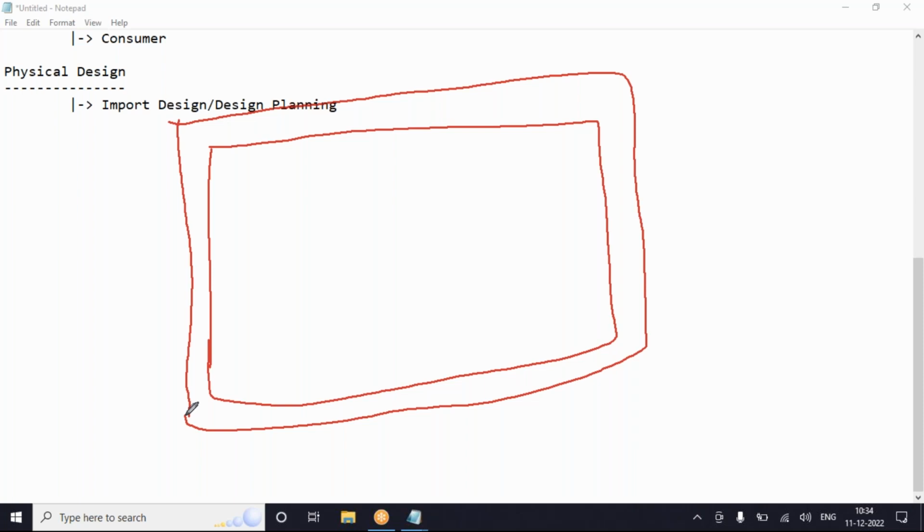Vastu we will see, right? Whenever we decide our homes, where each room needs to be placed, we will try to see. Same like that, we will try to see here as well: where the particular modules are to be placed, in which shape, and what should be the size. Everything gets decided in this floor import design stage and also floor plan. So that's why I said it's like design planning.